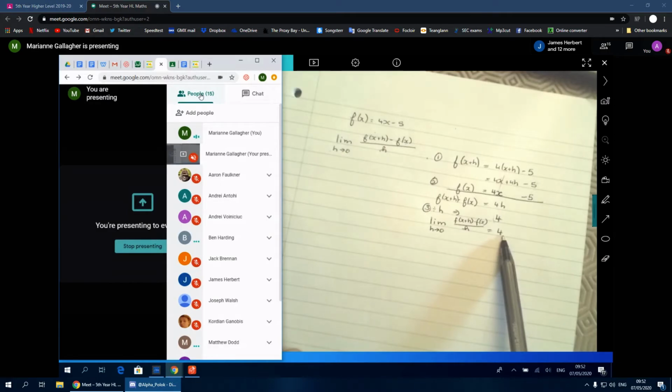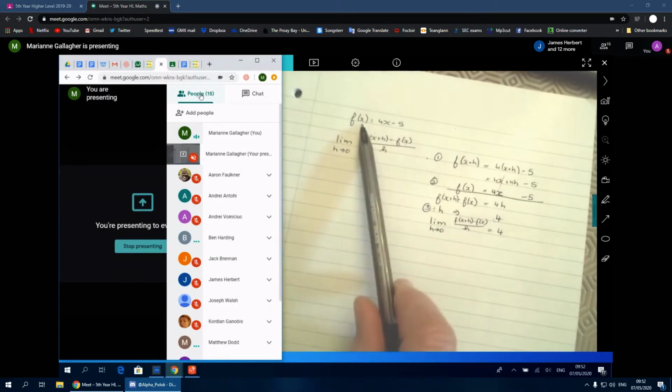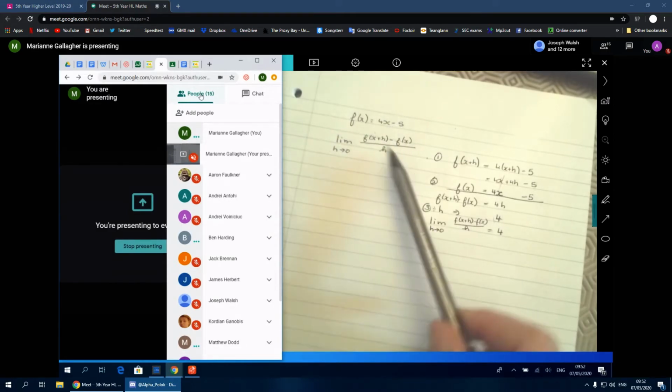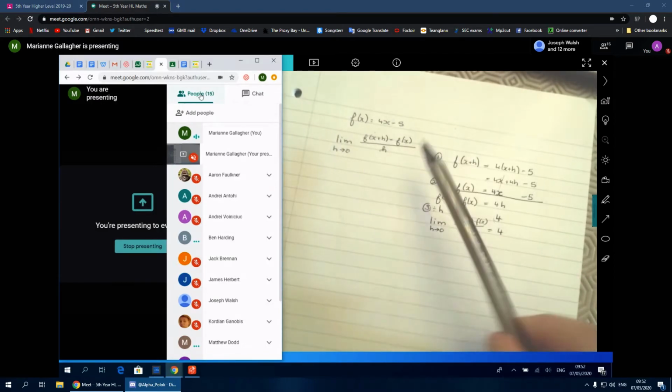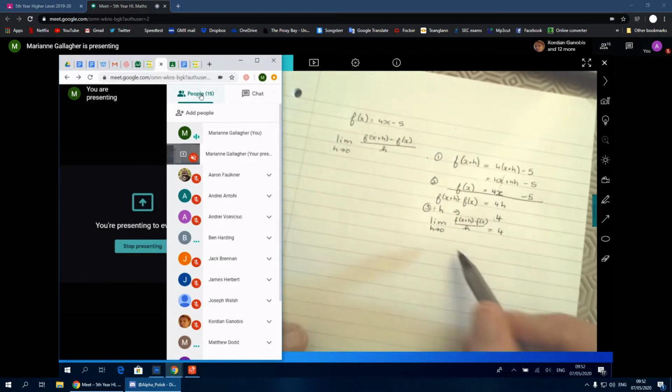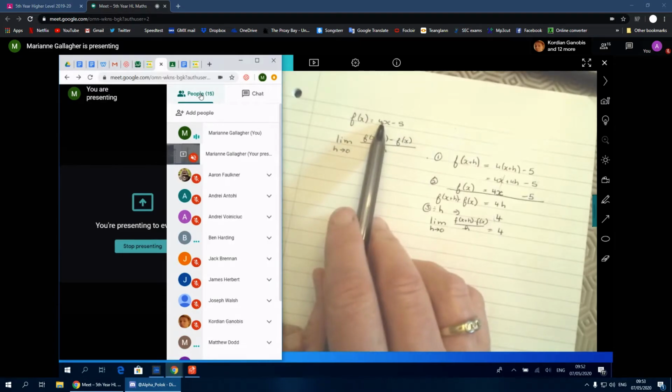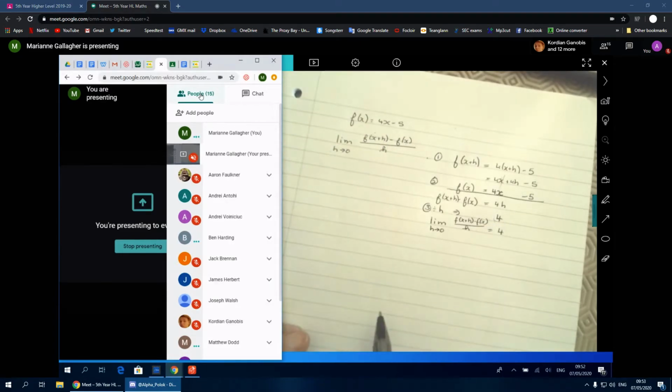Now, that's the easiest type of function to differentiate because we can actually tell just by looking at it that the slope of this is 4 and it's not going to change. It's a straight line, so the slope isn't changing. It's constant, and that's exactly what we got. Now, if we look at the next example,